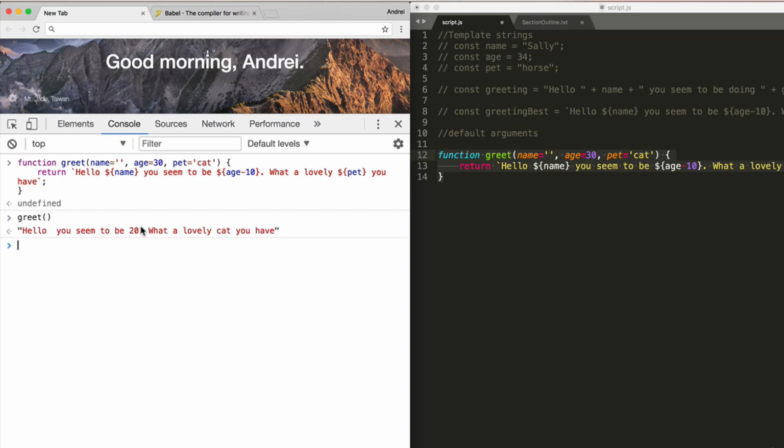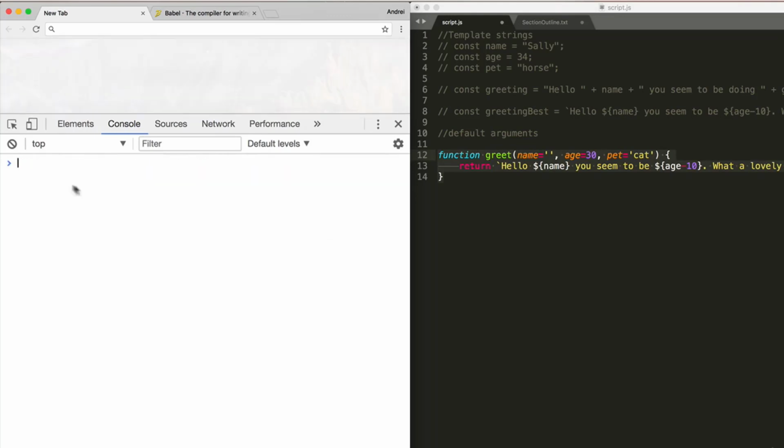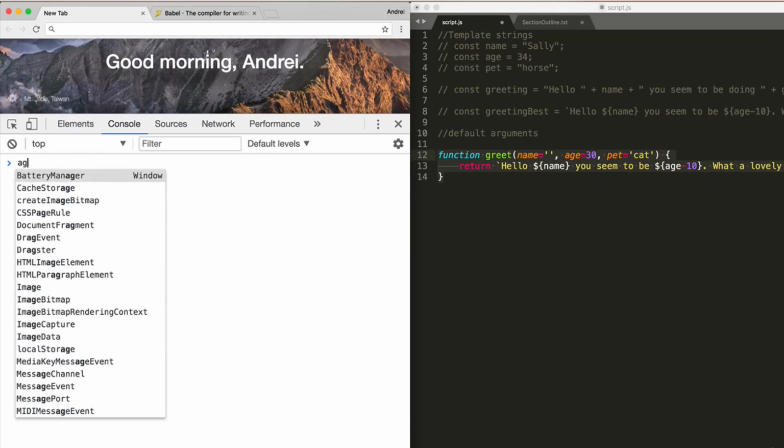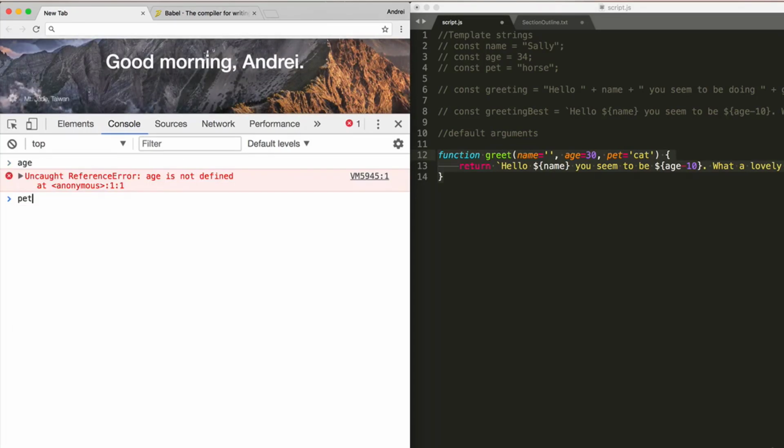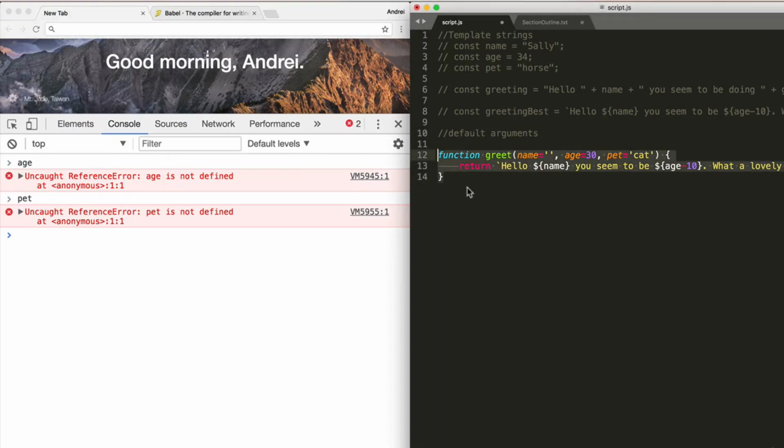Hello, you seem to be 20. What a lovely cat you have. Do you catch that? Even though our browser, and let me just refresh so you know for sure, our browser has no idea what age or pet is. But if I run this function,